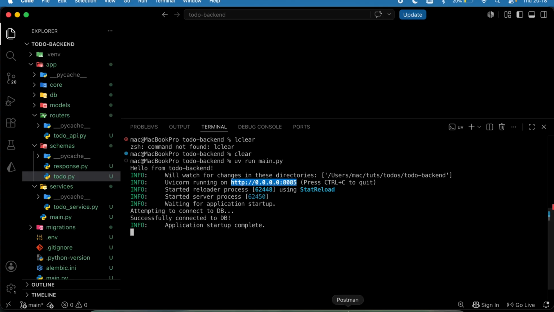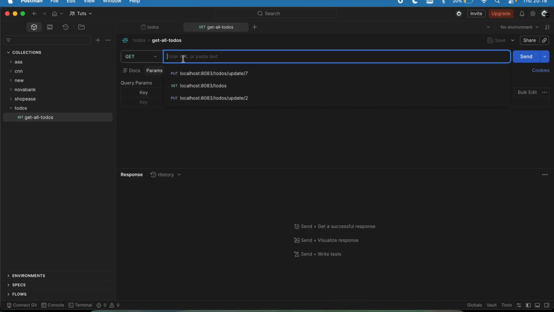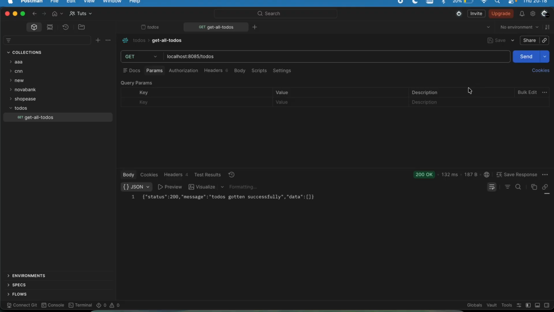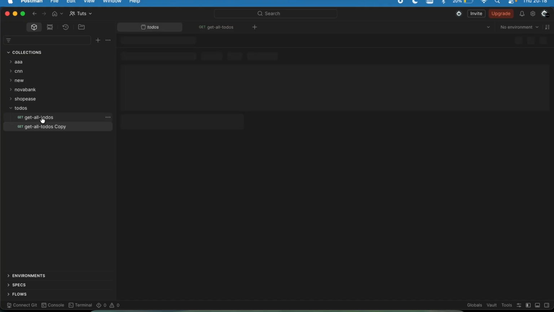So that's going to be localhost 8080, slash todo slash todos, and that's a GET request, and send. Yeah, all our to do's have been fetched, but we have no data, which is empty. The API has worked. So duplicate this and